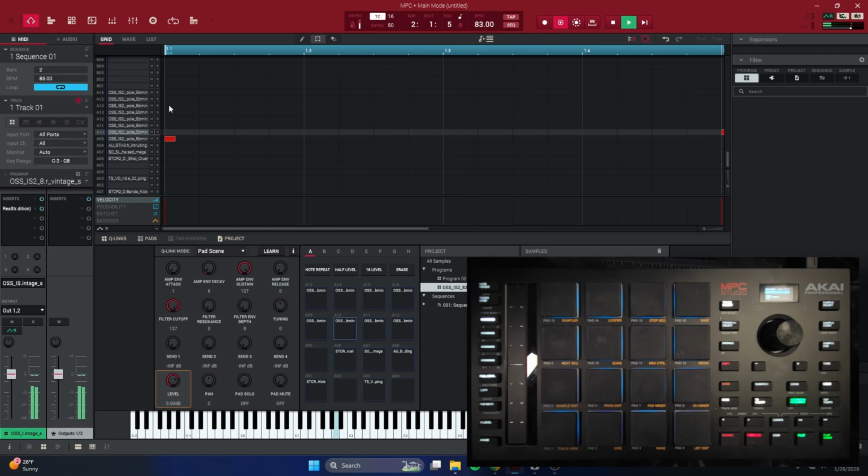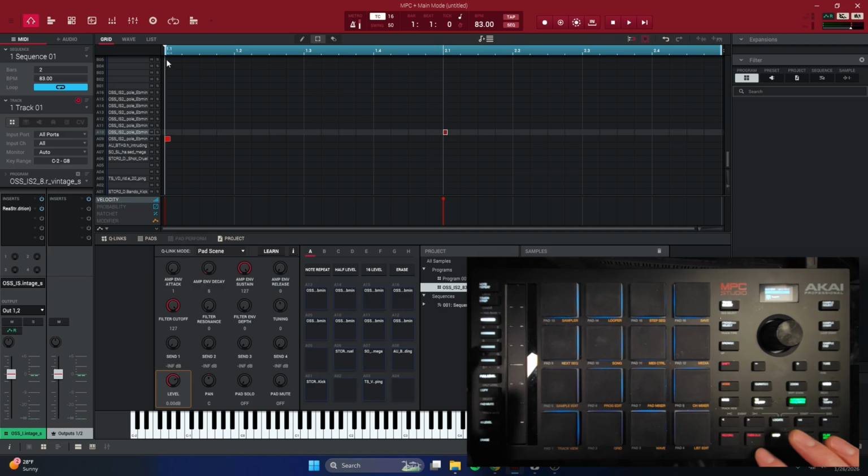And it's going to loop. So it's going to loop until I tell it to stop. Let's do the same thing, but we're going to let it play through, and I'm just going to add instruments,